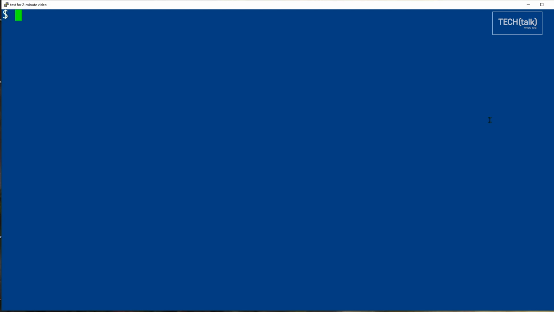To use file completion for commands, simply type the first few letters in a command name and then hit the tab key. And you see what happens. It filled in the rest of the letters. And since no other commands started with EC, that was pretty easy. So now I'm just going to type in the text for echo,